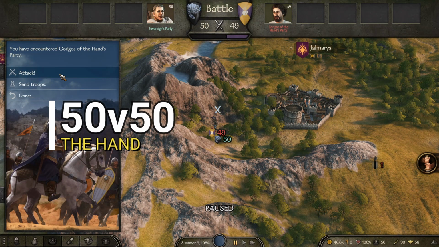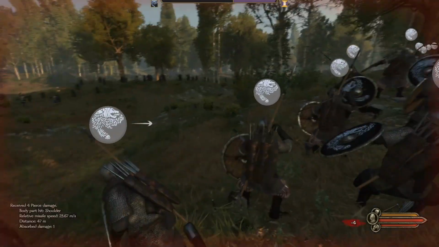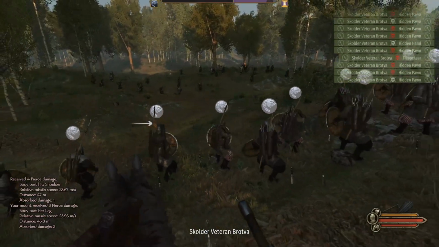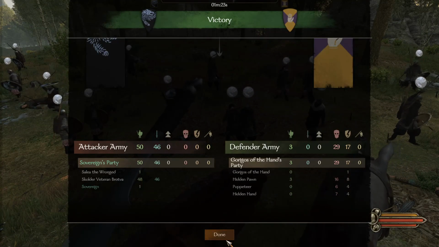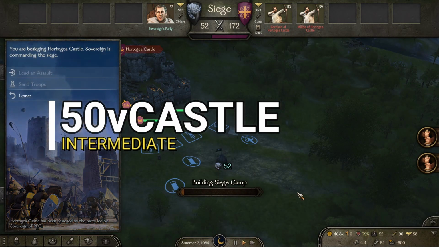We put the troops on an upper ground position in a loose formation. The medium shields make easy work of throwing knives, while our throwing weapons make easy work of the enemy troops. Again, 0 losses. And now on to more of a challenge for our spear wielding infantry, a 50 versus castle